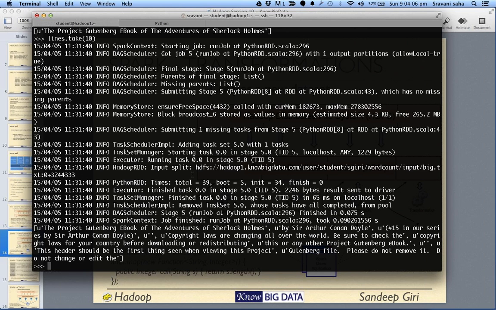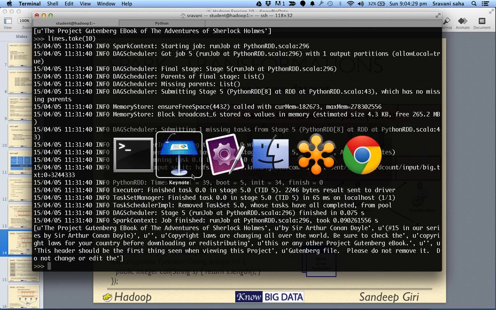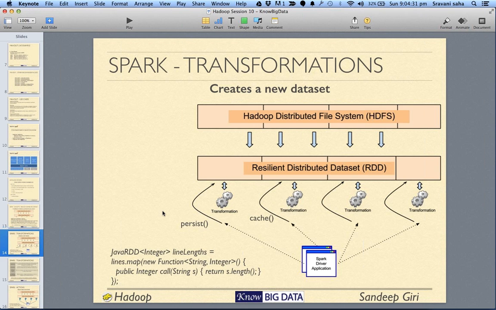The moment we said dump something, everything on which that something was depending was executed. In a similar fashion, the moment we do an action, everything on which that action depends will get executed, including the transformations. So a transformation essentially converts one RDD into another RDD, one resilient dataset into another resilient dataset. There are multiple kinds of transformations. We will talk about each one.